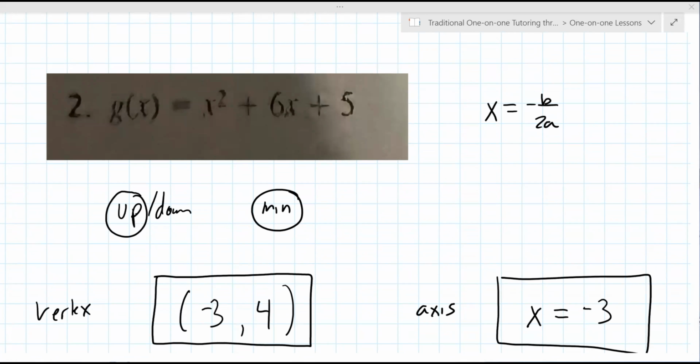So why do you do all this stuff? Because it makes it so that you can graph them. There are several ways to graph these, but we should do another problem here, maybe start to finish,